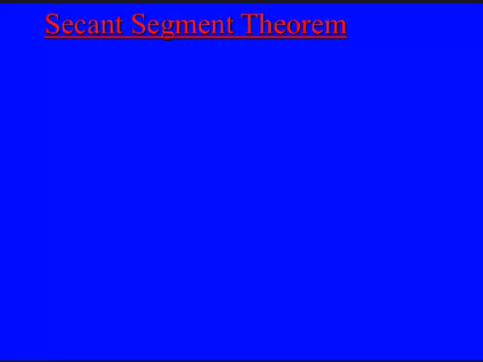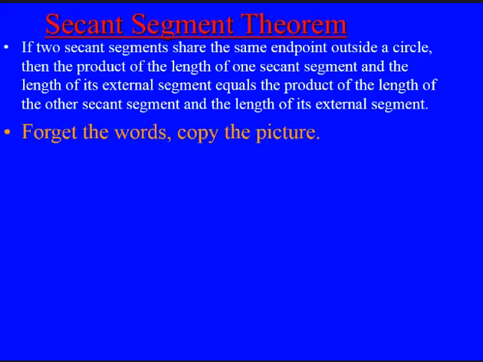Okay, here's another theorem that's wordy. Again, I'll read it to you, but it's much better to just draw the picture. If two secant segments, okay, so you should stop right there and think, what is a secant segment? Oh, a secant goes through the circle and crosses it at 2 points. Okay, so we have 2 of them going through the circle. If they share the endpoint outside the circle, so they're going to intersect outside, it's going to make like a big V